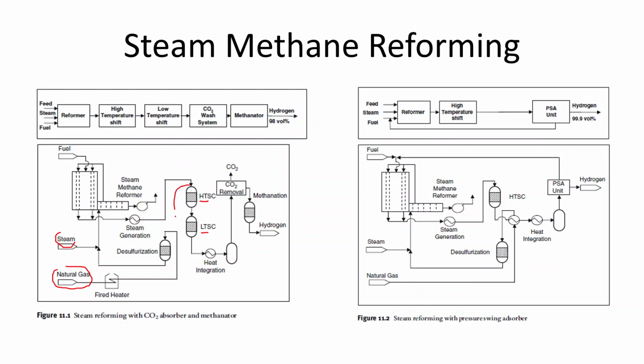So the goal of this unit is simply to maximize the production of hydrogen. So we will see the reactions after this. Number one is to speed up the reactions while it is still at a higher temperature, so it makes sense to put this high temperature reactions upstream, and then the low temperature reactions downstream,